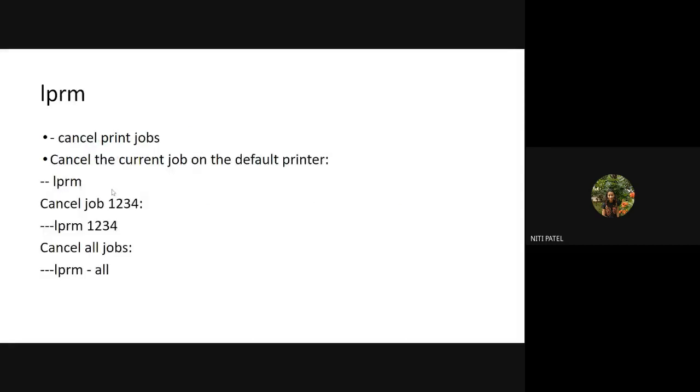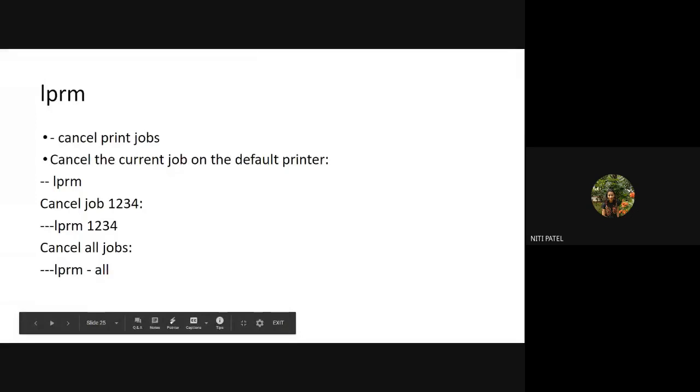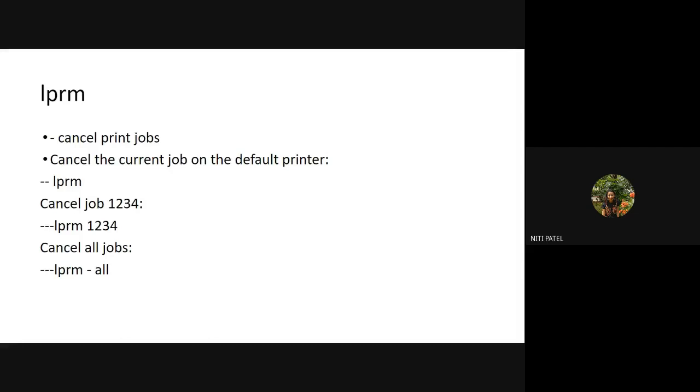Then we had seen LPRM, where LP is line printing, and RM is to remove the particular job from the printing. So if I want to cancel the print job, I make use of this LPRM command. Cancel means to delete that particular document from printing. So when I say only LPRM, it will remove all the jobs or all the files that are given to that printer for printing. So either you make use of LPRM or you make use of LPRM -all. What are both these commands going to do? They will delete all the 10 files from the printer for printing.